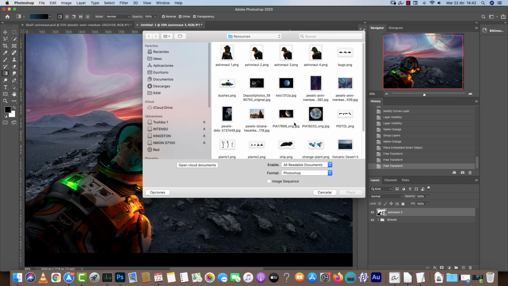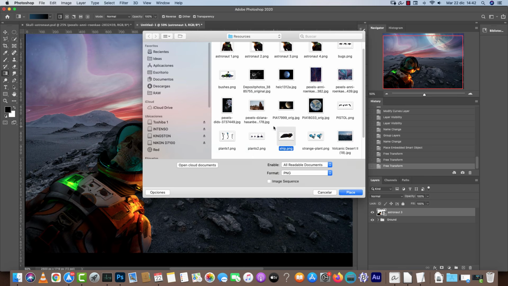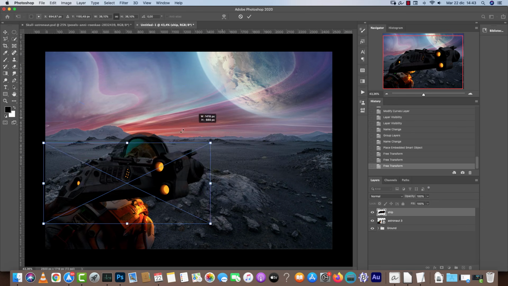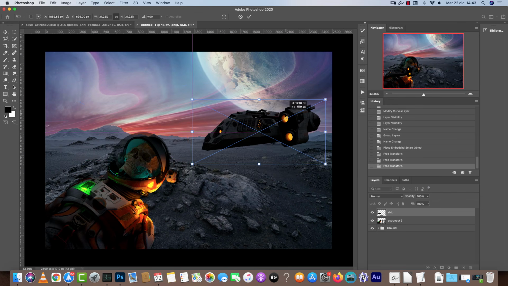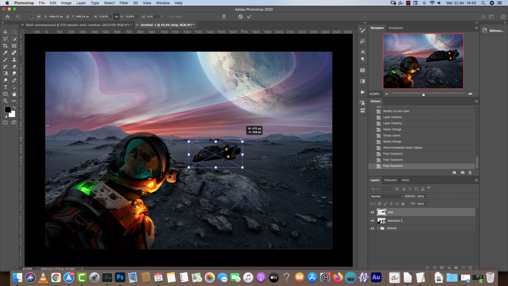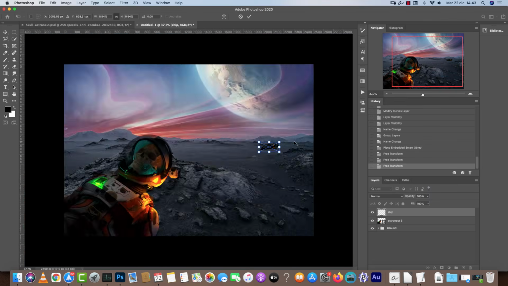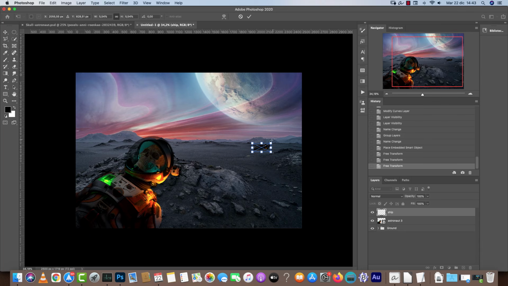So I added this ship. I wanted to add maybe some big aliens walking around, but in the end I stuck with this ship, which I also rendered in Blender. Now the size of this ship will determine how far it is. If I put it right over there, you can see it looks like it's a really small ship. It really depends on how you want the composition to be